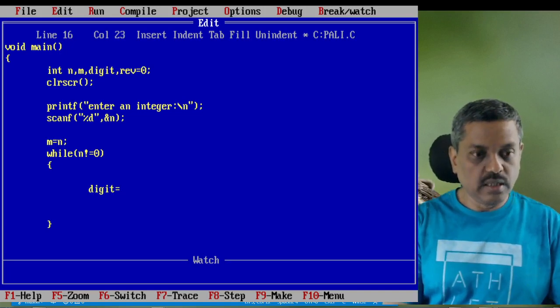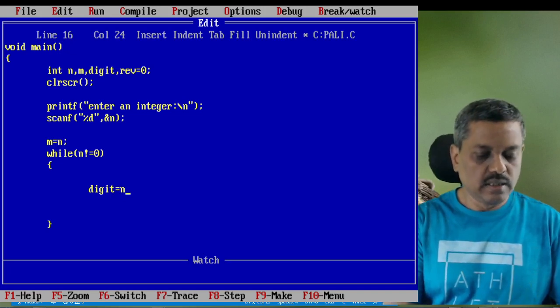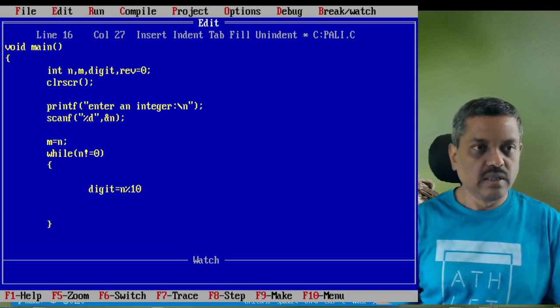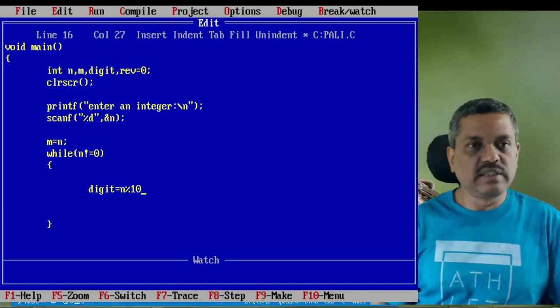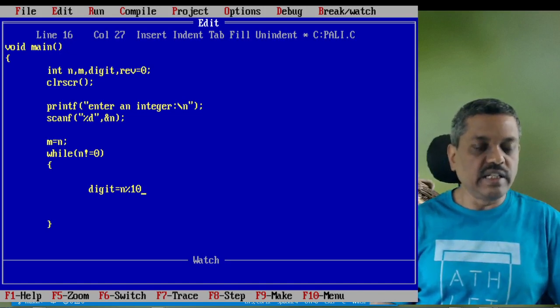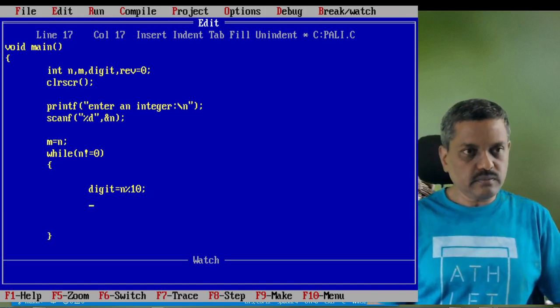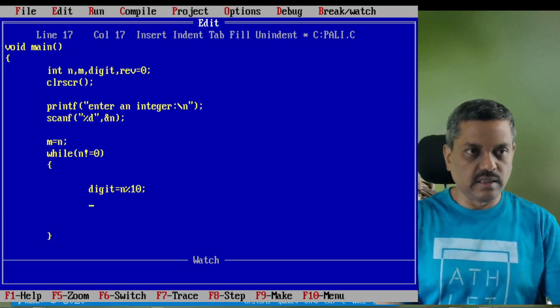How to extract? You know that modulus division will enable you to extract the remainder. So we are trying to extract the remainder. So n mod 10, divided by 10. If you divide anything by 10, for example 123, 10 12s are 120, and the remainder is 3. That means exactly what we are expecting is going to happen. That is why n mod 10, we are extracting and storing it into the digit variable.